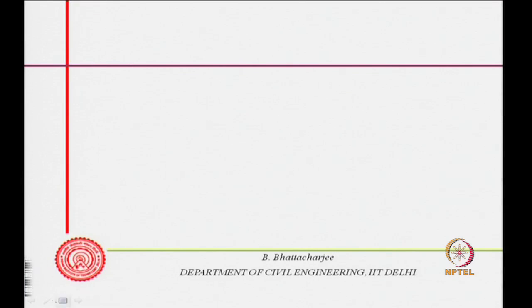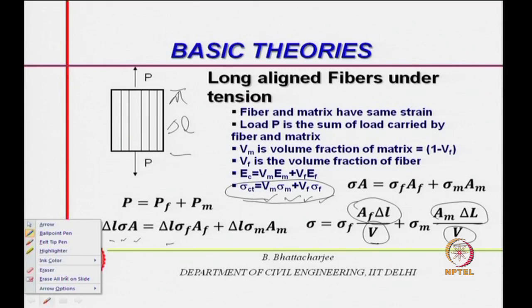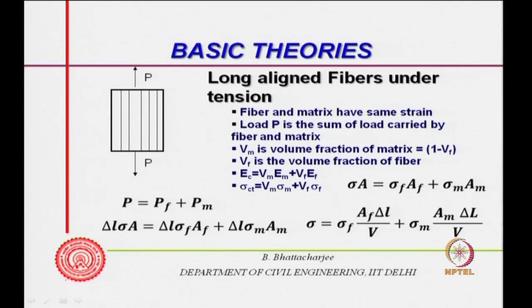Therefore, it follows that sigma composite, the stress in the composite, can be written as the volume fraction of the matrix times the stress in the matrix plus the volume fraction of the fiber times the stress in the fiber itself. So, if I simply go a little bit further,